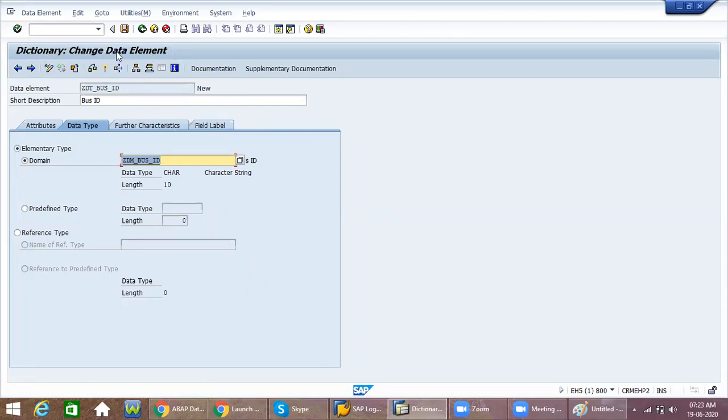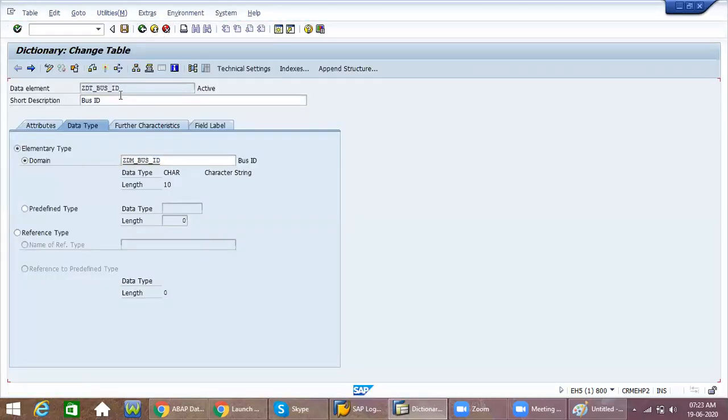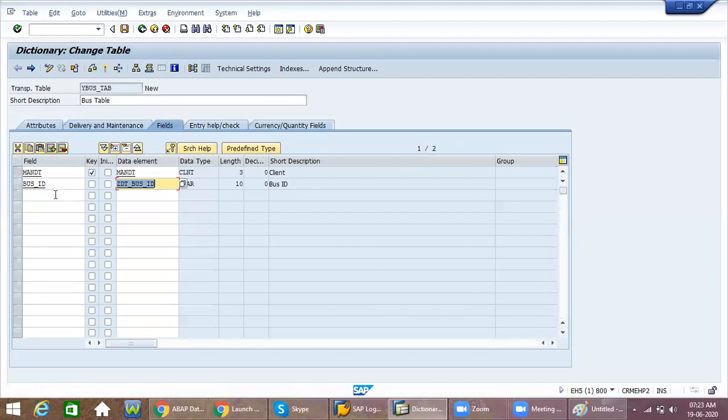By seeing this itself we can come to know that it is the data element, right? Now this data element is not active, so you have to save, check syntax and activate it. Right? Come back again. This is the top down approach done.